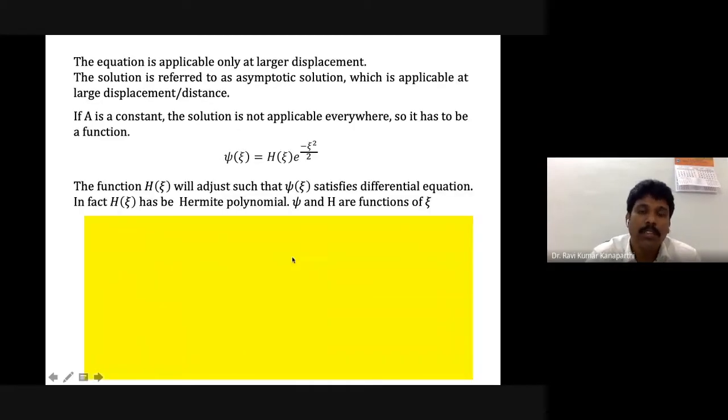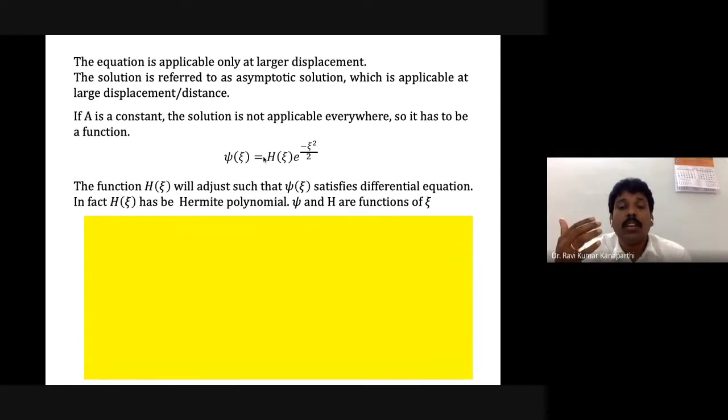Therefore it is our duty now to convert that differential equation into one wherein h of z is there, a differential equation as a function of h of z. If we are able to solve that differential equation for h of z, then we will get h of z. That h of z can be substituted in this total solution, which will be the complete solution of the simple harmonic oscillator. So that is the overall process of what we are going to do from here.